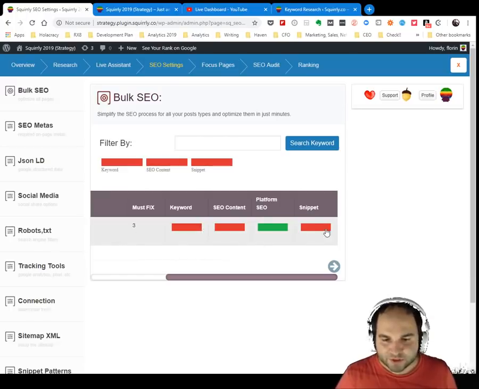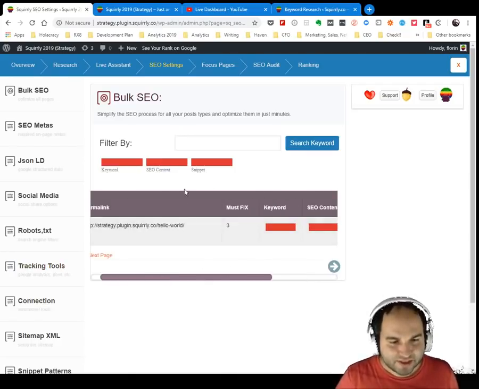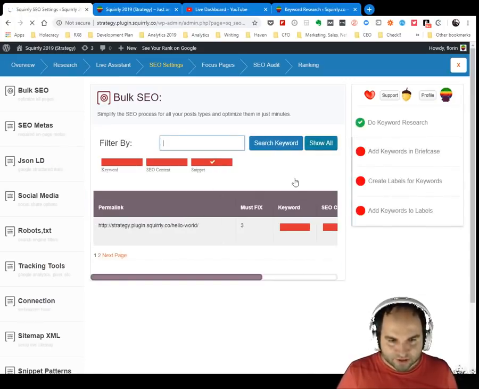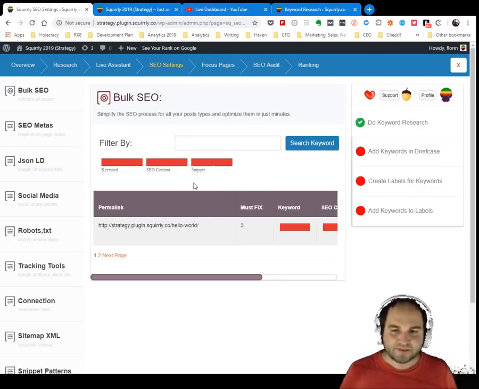Maybe you didn't define a keyword for them, maybe your snippet is done wrong, and of course it will work exactly like the focus pages. When I click on this, I will see tasks here on the right section, and then I can also filter. So if I have 3,000 pages, I can easily say, I want you to show me all the pages where I didn't define a keyword. I can click on keyword, and then boom, it will automatically filter for all the pages that don't have a keyword defined. I can go click on show all again and just see the problems, the things that have a problem with the snippet, and I'm gonna be able to easily fix any page that has any problem within the